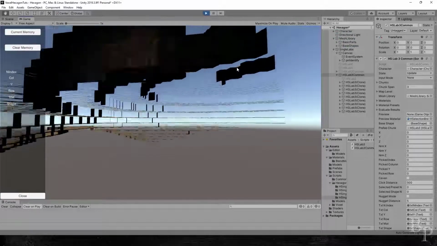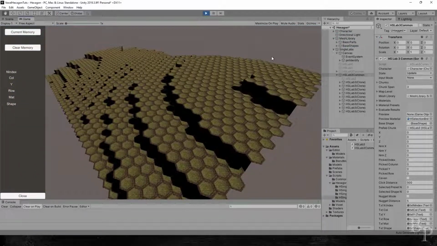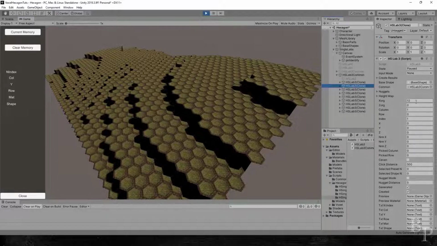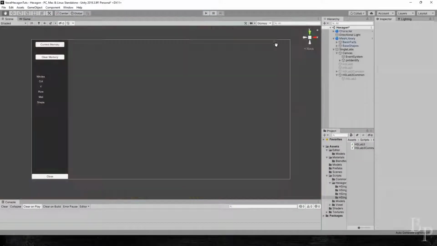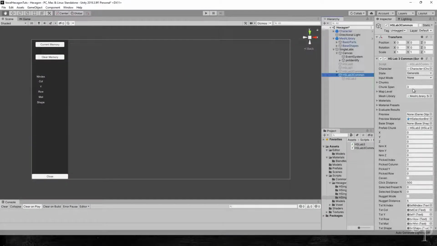Should see pretty much exactly what we had before. Let's see. Yeah, there we go. Everything is good. Current memory is the same as it was before. Before we jump forward,